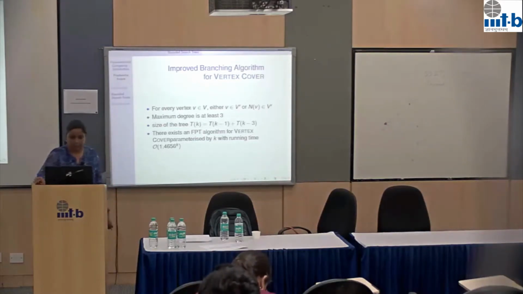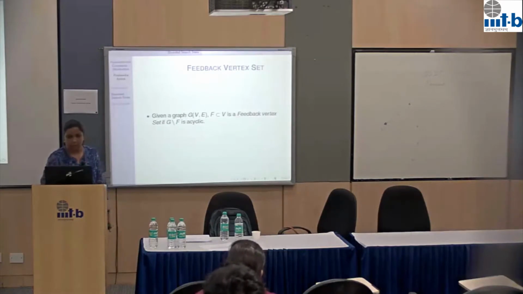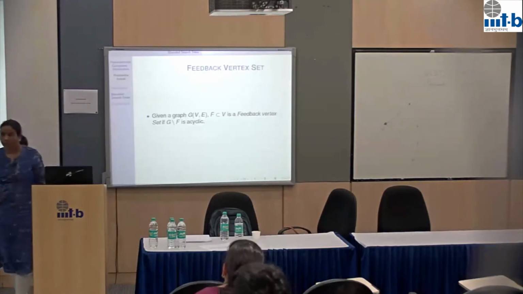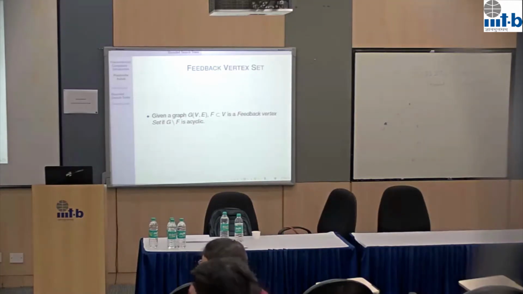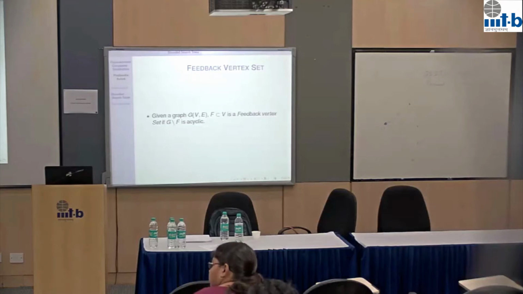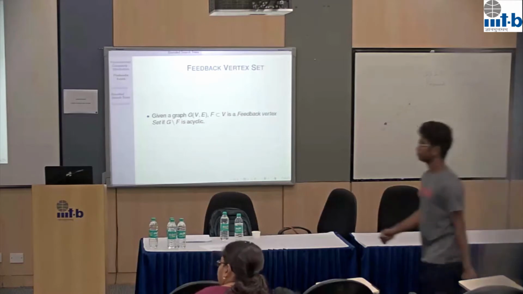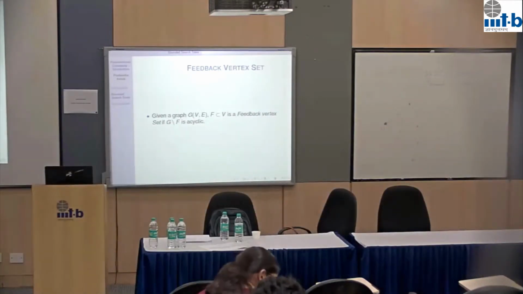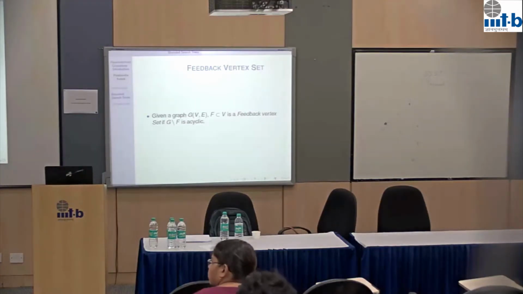If it is clear to you, we'll move to a different problem, feedback vertex set. Yes. This worked because for maximum degree 1 and 2 we could trivially solve it in polynomial time. But even for graphs with degree bounded by 3, vertex cover is not polynomial time, so we cannot use it as it is. Maybe there are clever ways to do that.